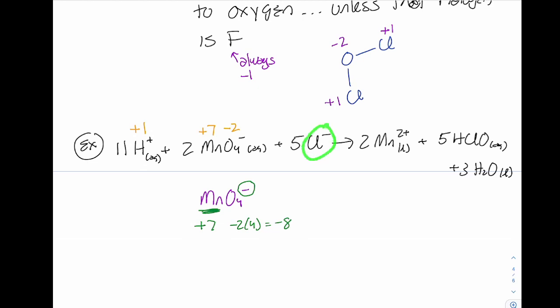Cl-, this one's easy, monoatomic ion, -1. Same with this next one, monoatomic ion, +2. Let's rewrite